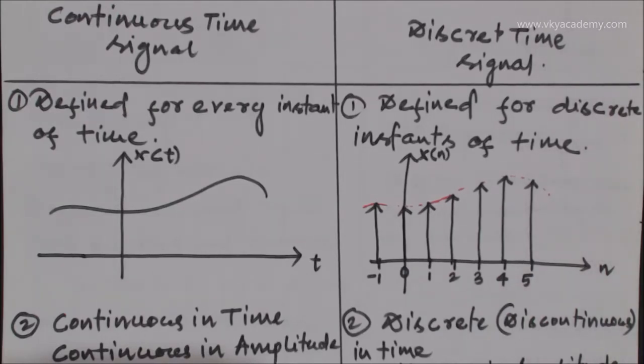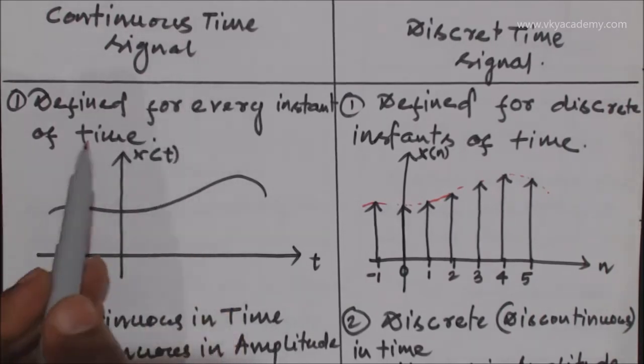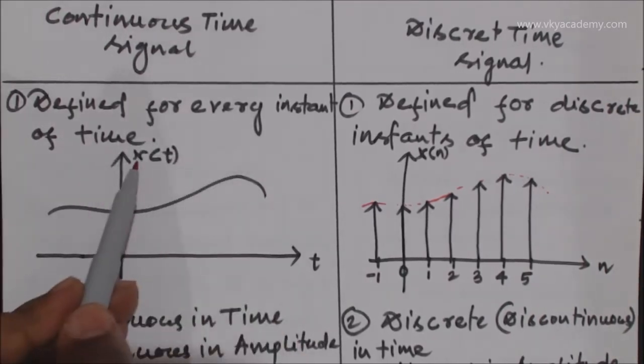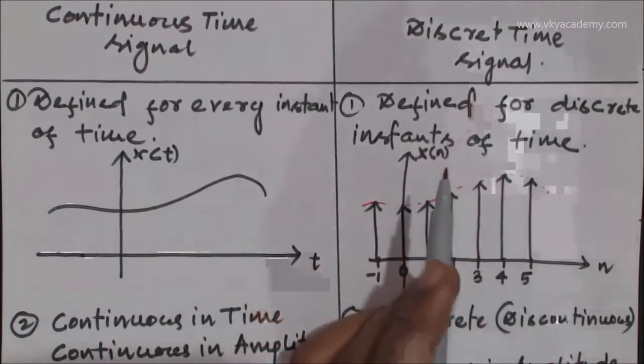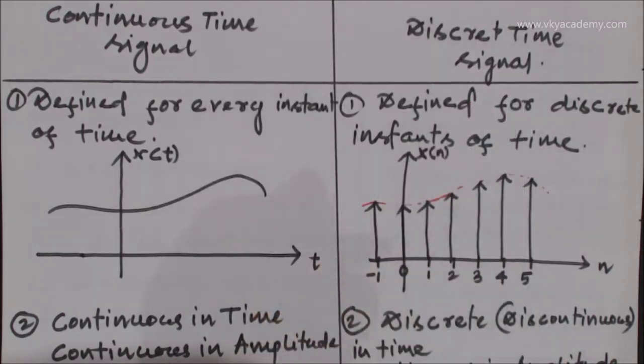And we have also seen that depending on the independent variable, a signal can be categorized or classified into two types, that is continuous time signal and discrete time signal. So in this particular session, we will discuss everything about continuous signal and discrete signal. So as you can see, a continuous time signal is defined for every instant of time, whereas discrete time signal is defined for discrete instant of time, or you can say discontinuous instant of time, or you can say at